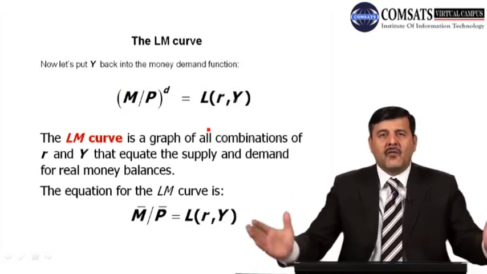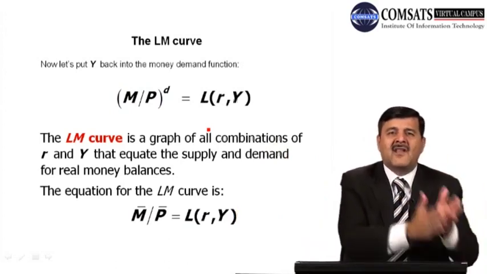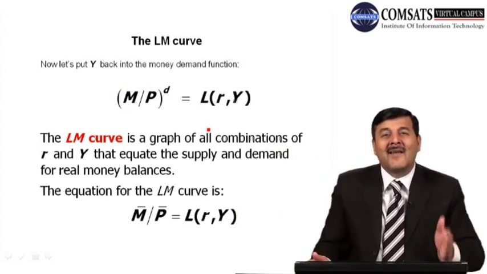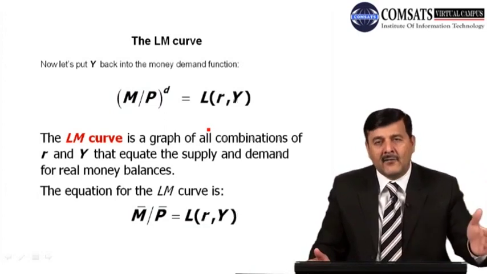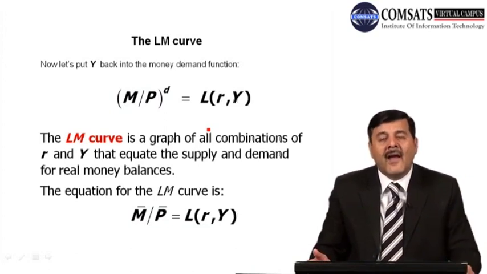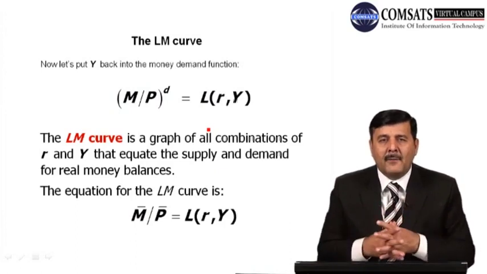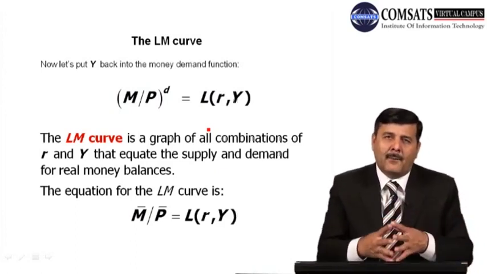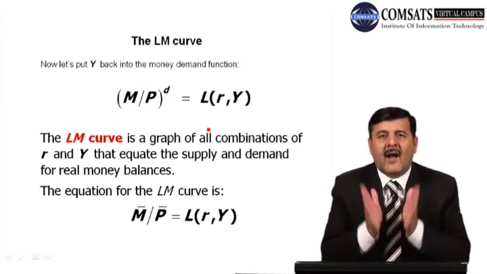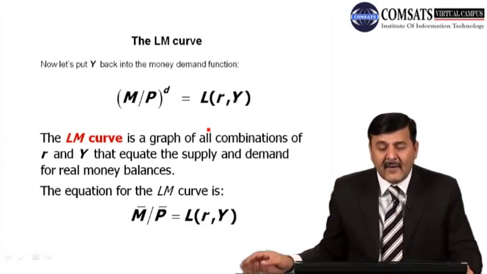So if we bring two sides of the money market together, on one side we have demand for real balances, on the other side we have supply of real balances. Now the left hand side of the equation, M bar over P bar, is the supply of real balances, which is fixed, which is given in Keynesian economics, and which is equal to L(R, Y), the demand for money. So when we equate the demand for real balances and the supply of real balances in one equation, where these two curves intersect each other, that determines the equilibrium in the money market, and this gives us the LM